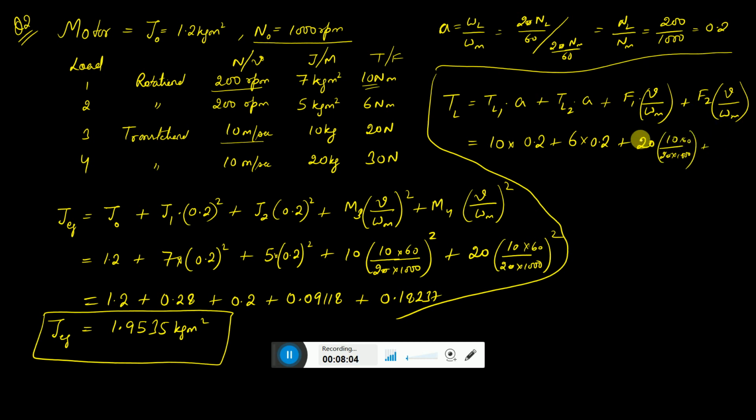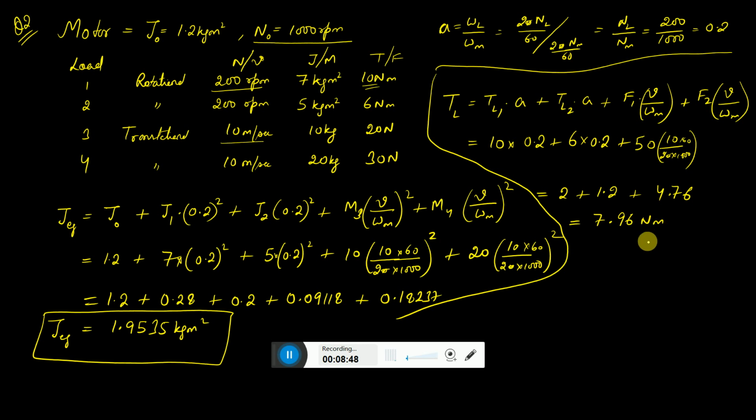So 20 plus 30 we can simply write here 50, because these are the same values of V by omega M. So if I calculate this, this will be coming around 2 plus 1.2 plus this will be coming around 6 addition 7, 4. So that comes down to be 7.9, round figure, 196